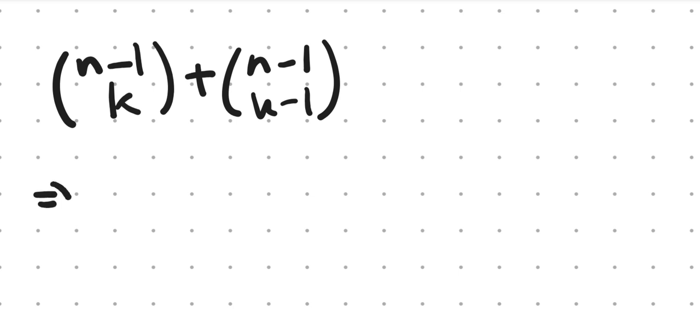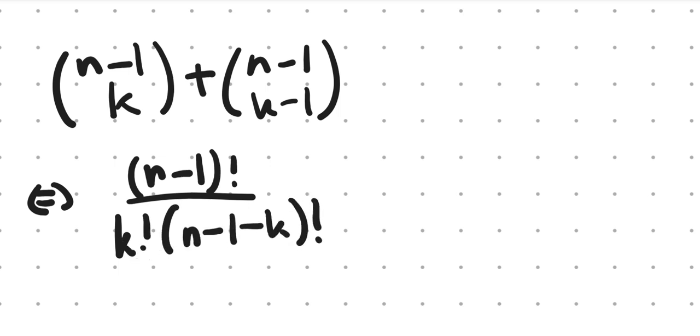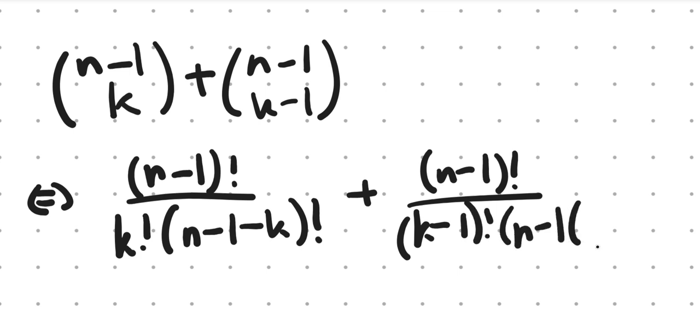Now n minus 1 choose k, by definition, is equal to n minus 1 factorial, so you take the upper one factorial divided by the lower one factorial multiplied by the upper one minus the lower one factorial. Now the same thing we'll do over here. So we will have a k minus 1 factorial times